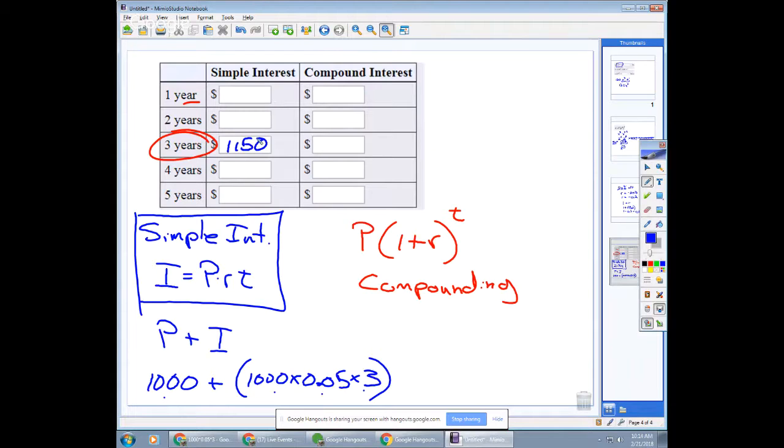With compound interest, at the end of each year, they have to stop and say, okay, you have this much more money in your account. And they have to keep repeating that. So we have the powers there. So for compound interest here,